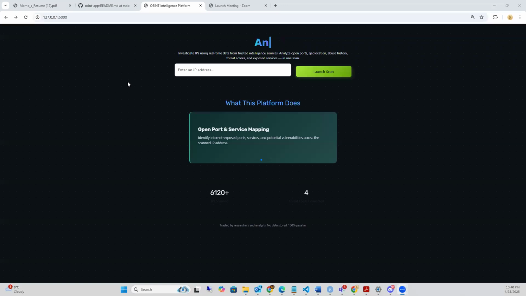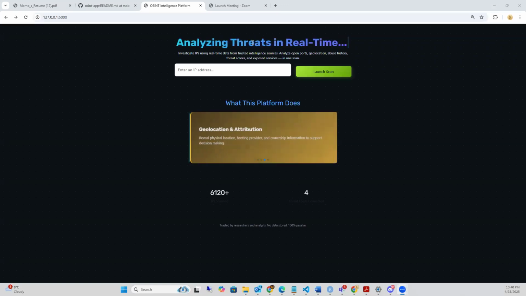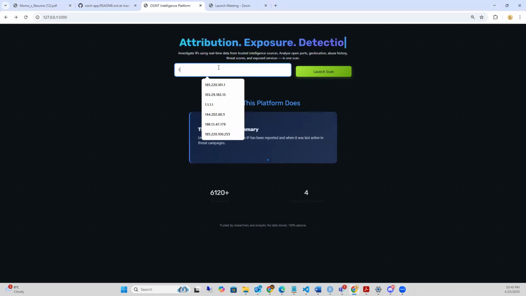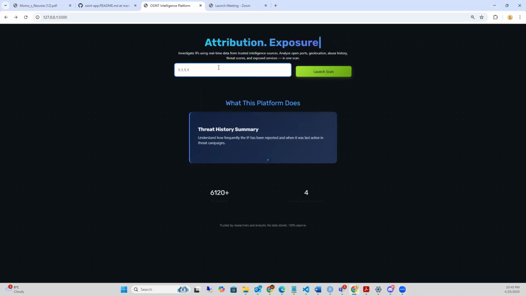As I'm running the app right now, behind the scenes, it is pulling geolocation and ASN. So I'm going to try this IP address and I should get a low risk report.